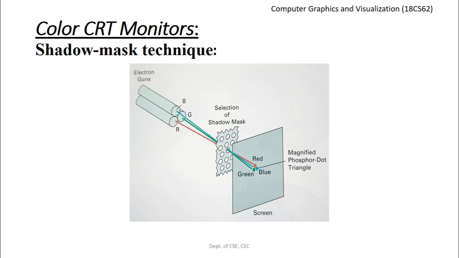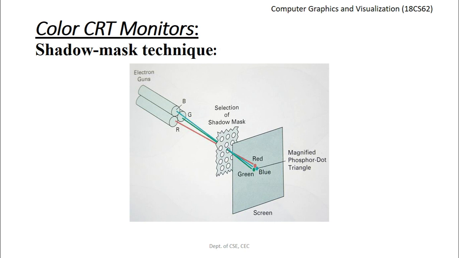Now, one dot for red, one dot for green, and one dot for blue light is commonly called as the dot triangle. In cathode ray tubes, there are these electron guns present, one for each color dot, and a shadow mask grid just behind the phosphor screen as it is shown in this particular diagram. So there are 3 electron guns present, unlike a single electron gun until what we discussed till now. Here in the shadow mask technique, there are 3 electron guns for 3 different primary colors, one for each color dot, and a shadow mask is placed just behind the phosphor coated screen.